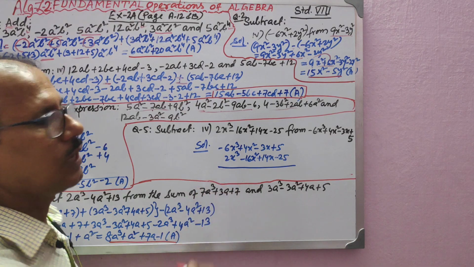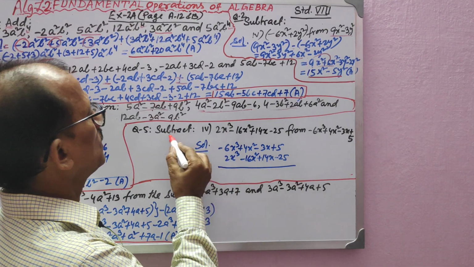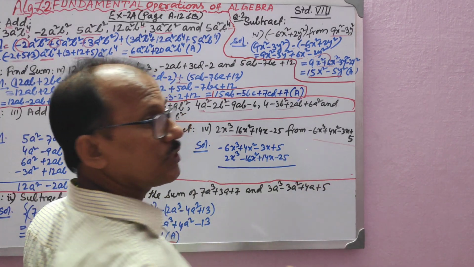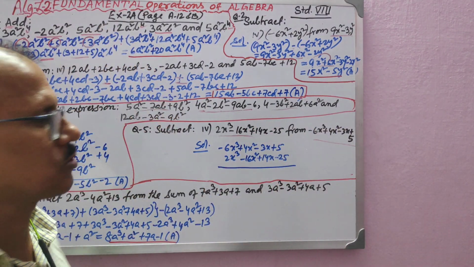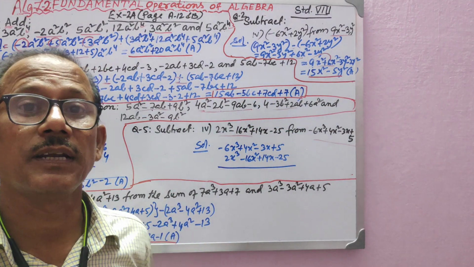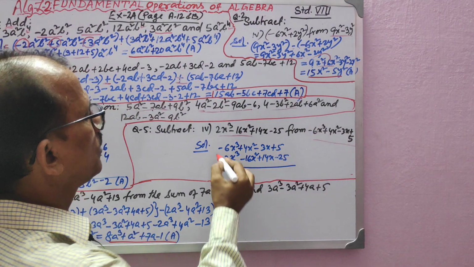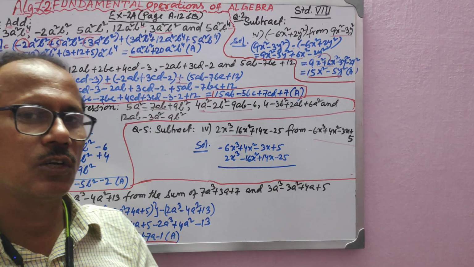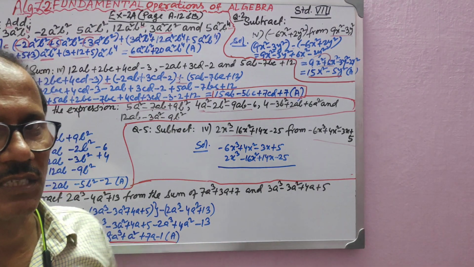Now let us do one subtraction in column method. See, question number 5, the fourth one I have taken: subtract this from this. So which is the minuend? From where what is to be subtracted? From here only, this one has to be subtracted. So write down the minuend on top and write the subtrahend below it, like term wise. First you write the minuend the way it is. Actually, an algebraic sum we are supposed to arrange according to its power. The highest degree should be placed first. That is the meaning of degree.